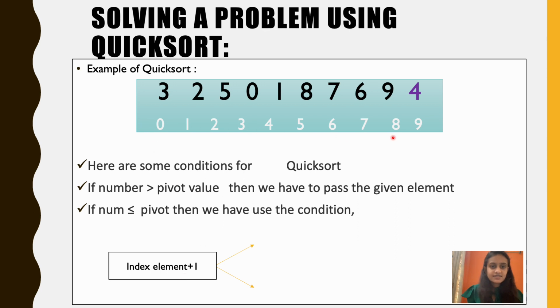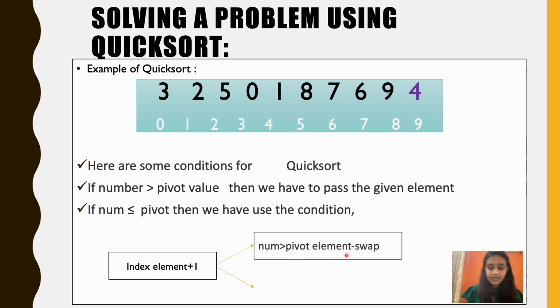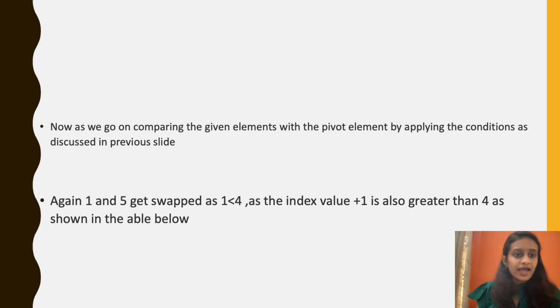These are the index numbers of these elements. So now if a number is greater than the pivot element, then we have to swap the element, and if the number is equal to the pivot element, then we have to pass. As we go on comparing the given elements with the pivot element by applying the conditions as discussed in the